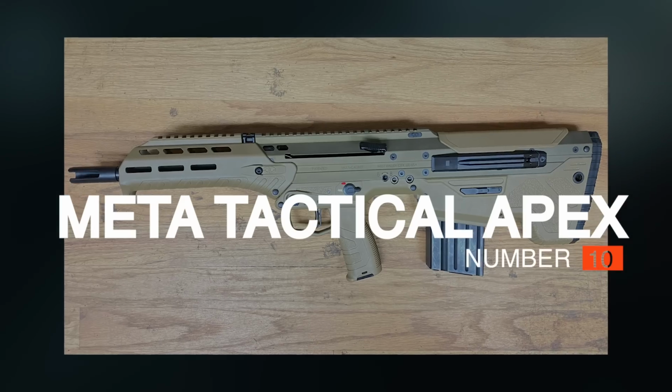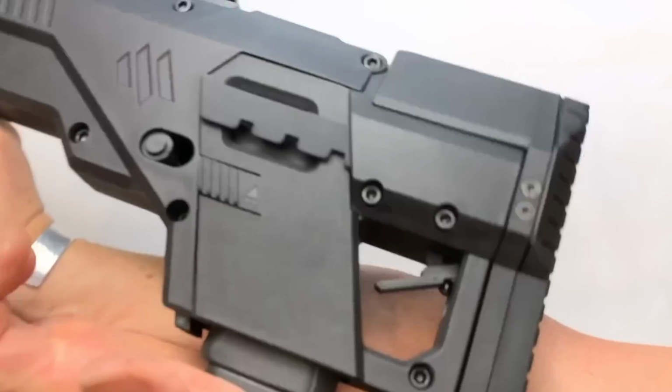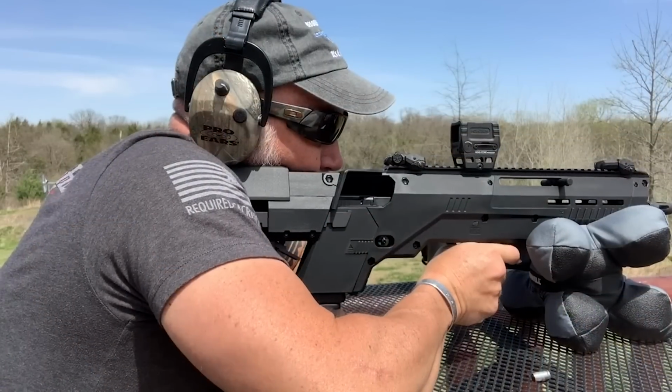Number 10. Meta Tactical Apex, $600. Have you ever wanted to turn your Glock into a bullpup carbine? Well, good, you're among friends. We also shared that desire but didn't know it until we met with the Meta Tactical guys at SHOT Show